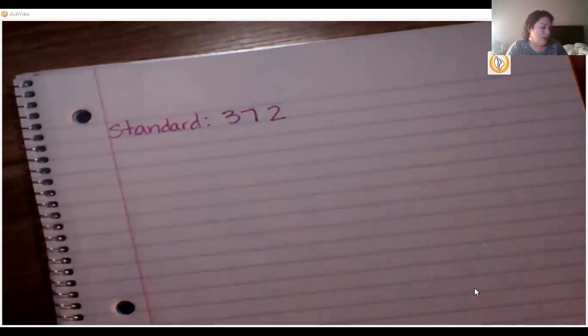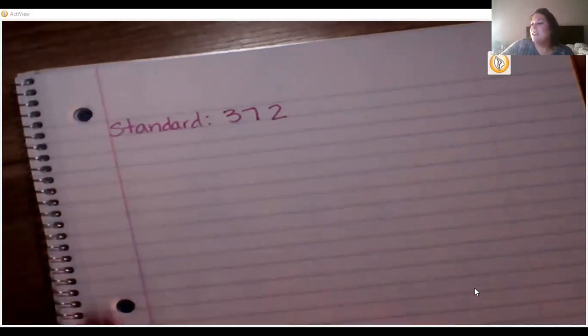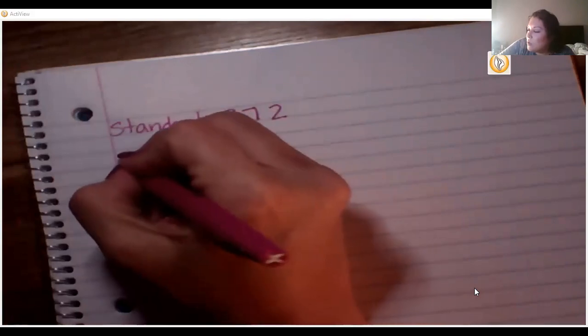Okay, so the first number that I gave you this morning was this number. And this number right here is the way we write any number in standard form. Remember, it's just the fast, quick, easy way that we would write down a number. So this is our number 372 in standard form. Now, the next thing I want to show you is a pictorial